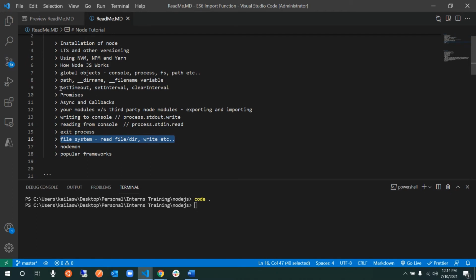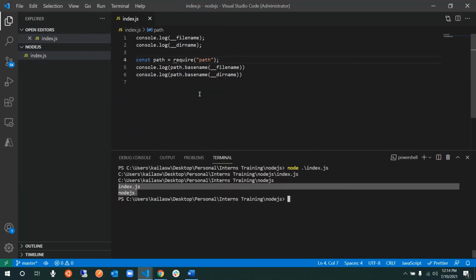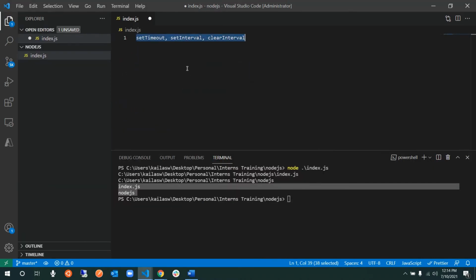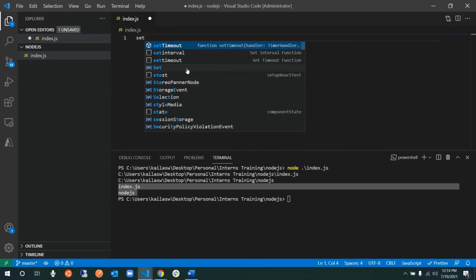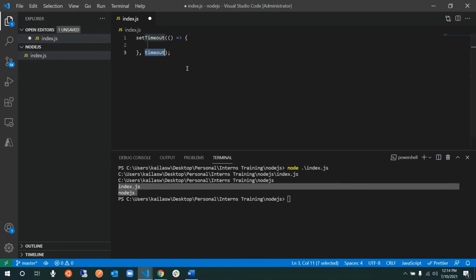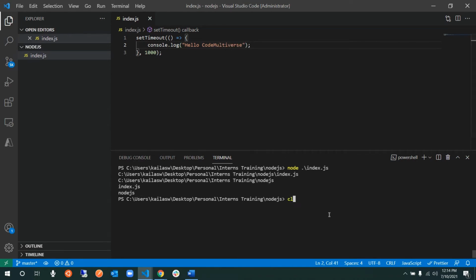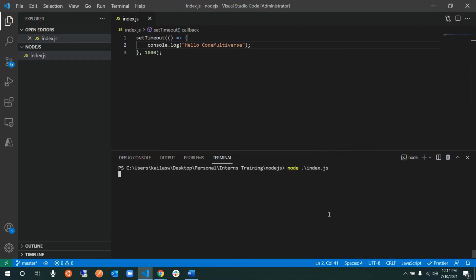The next thing that we talked about is setTimeout, setInterval, and clearInterval. For that I'm just going to do a quick recap. So setTimeout, we already talked about this: whatever you execute inside this, assume it as a timeout event, which means once the time is up, you're going to print that. So after the first second, code multiverse gets printed.